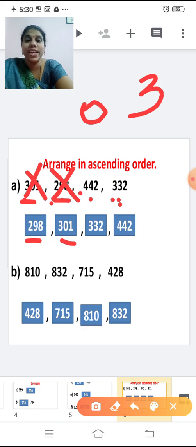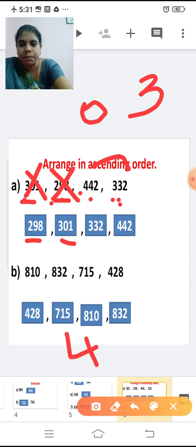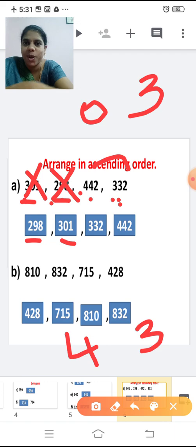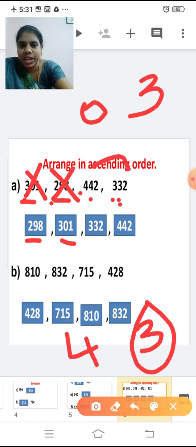301. Then what? Then compare between these two numbers, which is smaller. So in this number 442, we have 4 in the hundreds place. In the last number we have 3 in the hundreds place. Now tell me which is smaller? 3, right? So 300. Next is